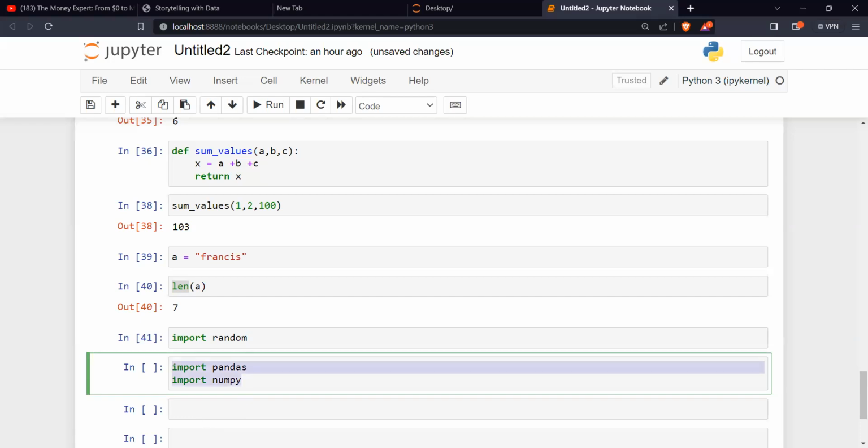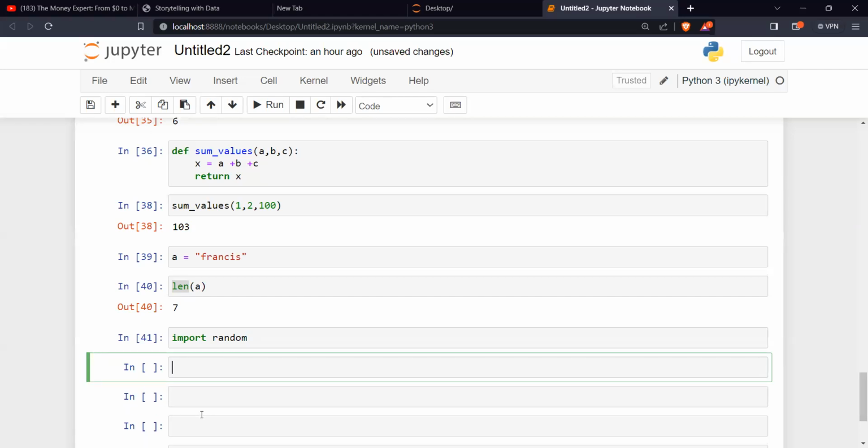So anytime you want to use what other people have done, other libraries or functions, you need to import them, because the libraries will contain several functions. Is that clear? Yes, sir. Good.